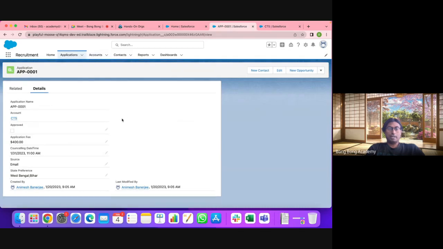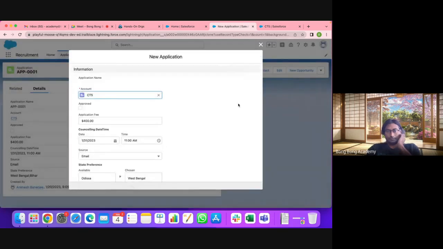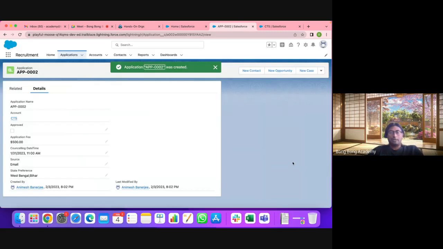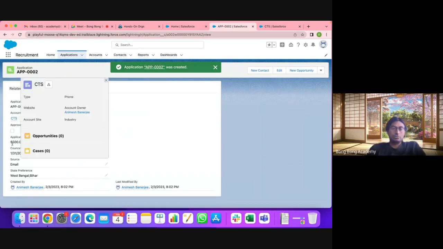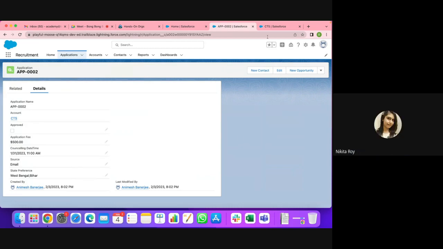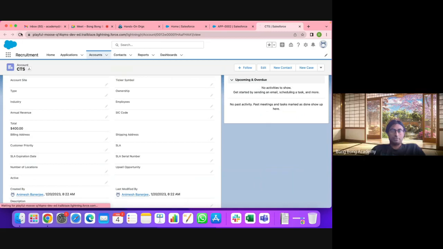Now, I will add another application. What I can do is a clone. Clone is a good operation which copies the values of this record and creates a new record. Okay. So now I will make it 500. Rest of the values can remain the same. I have created a new application, again connected to CTS. So what will now show up in CTS? 900. $900. Let's see this. If I refresh now,